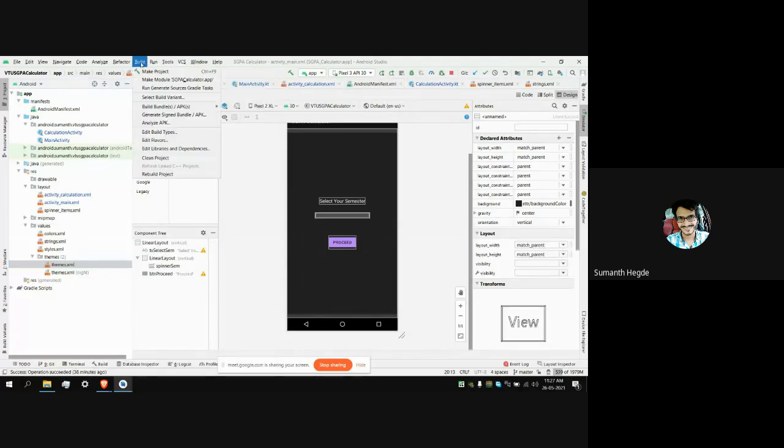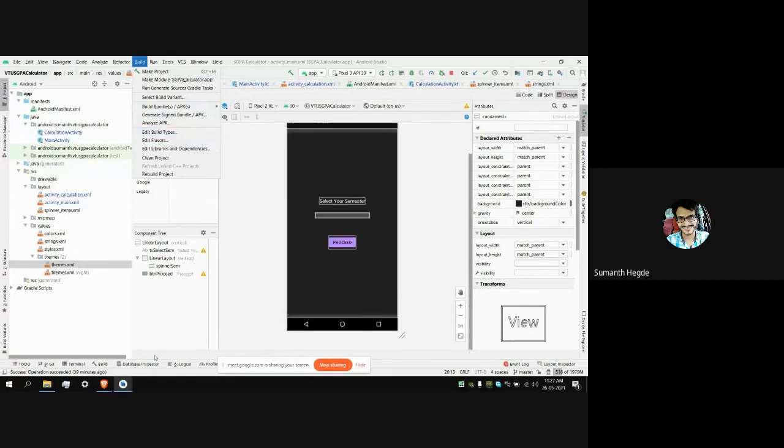As you can see, here we have an option called generate signed bundle or APK. If you want to upload our application into the Play Store, it must be signed. Signing is a procedure where we are verifying which developer has developed this application. If you want to provide an update for this app, then it must be signed by the same developer.